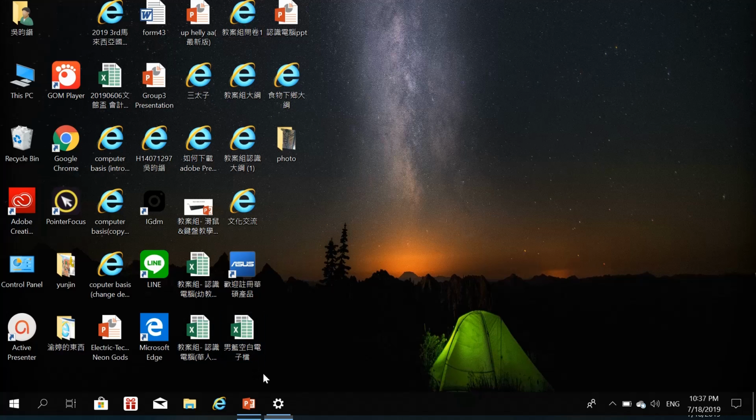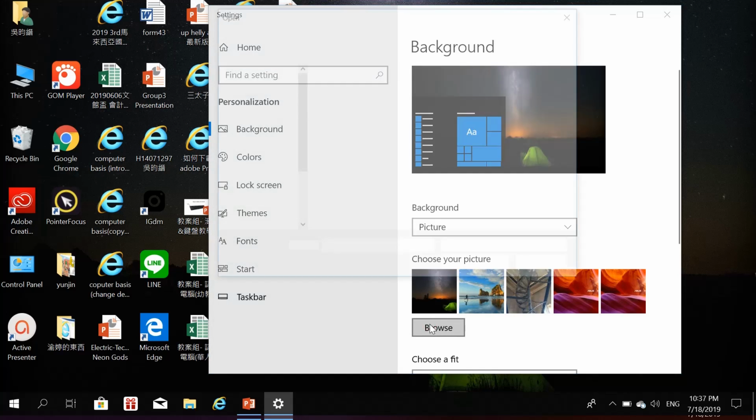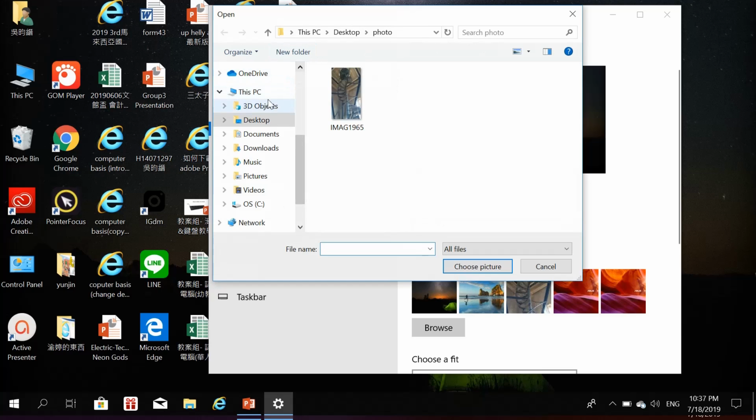Or if you don't want to use the picture that the computer has built in, you can use your own photo by doing this. Click at Browse, not the picture, and choose Desktop, because our folders are saved on desktop, and double click at the folder. My folder is photo,